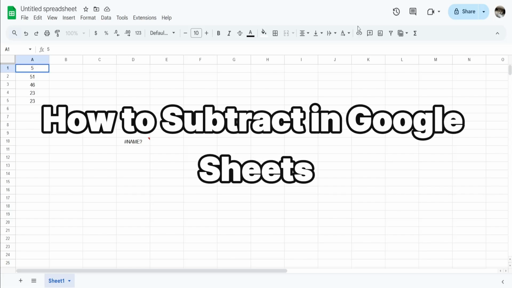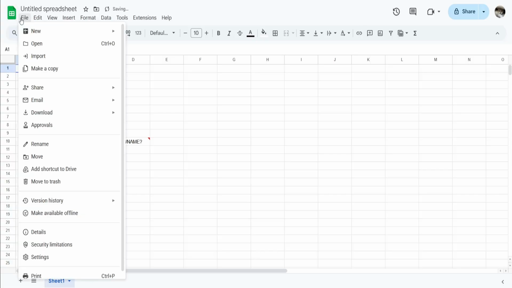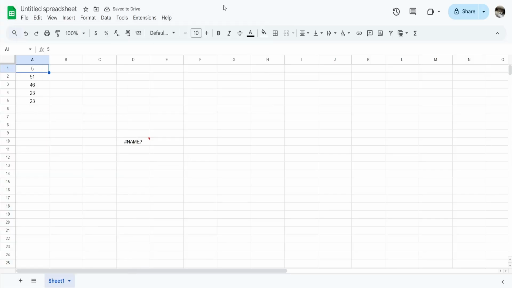Hey everyone, I'm going to show you how to subtract in Google Sheets. So the first thing you want to do is to create a new file or a Google Sheets file. Now once you have created your own Google Sheets file, you can now start adding some numbers or whatever values